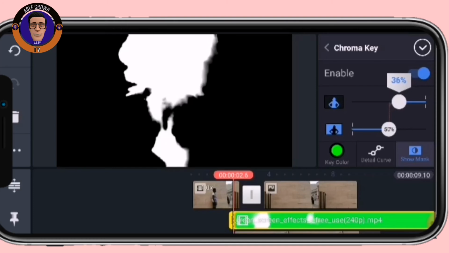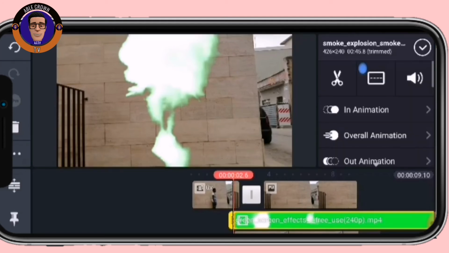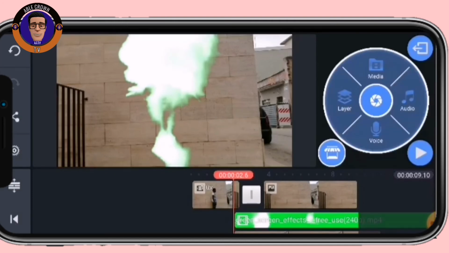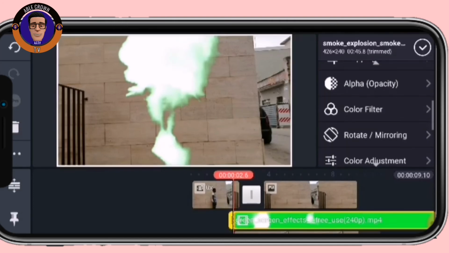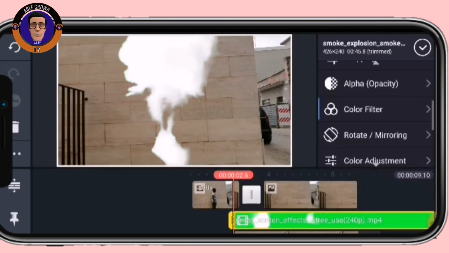Okay, you enable it a little bit. You can see the green color is also showing. Don't worry about that because it's just the effect. So you go to your color filter, and I especially use this black and white. So you can see you cannot see the green color again.